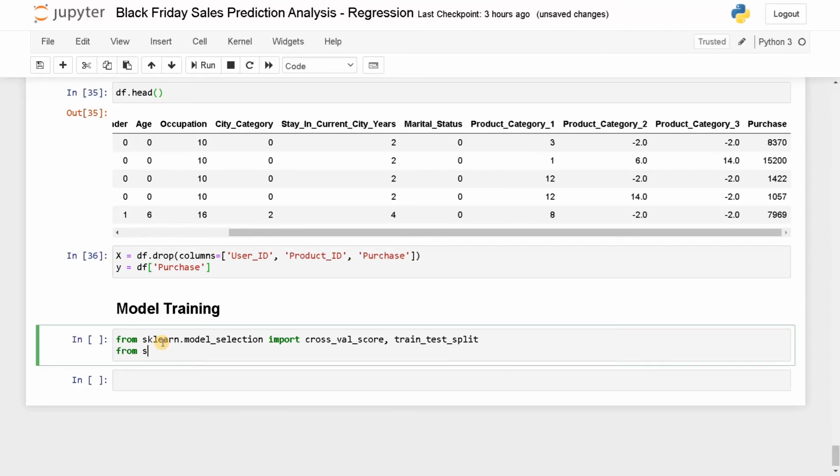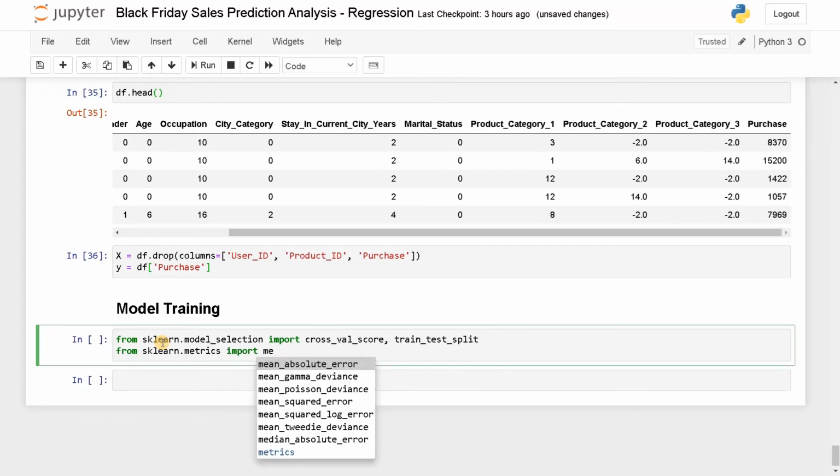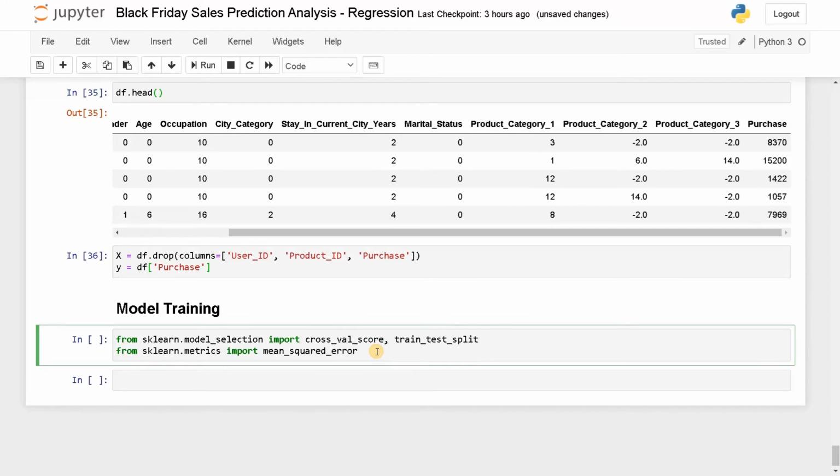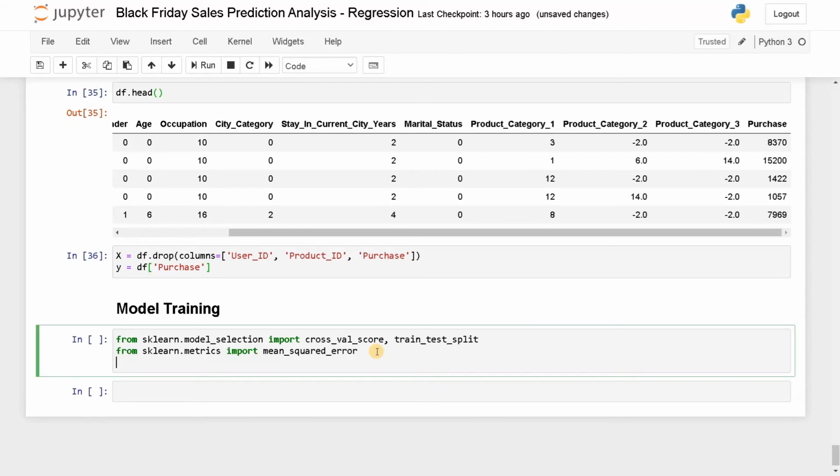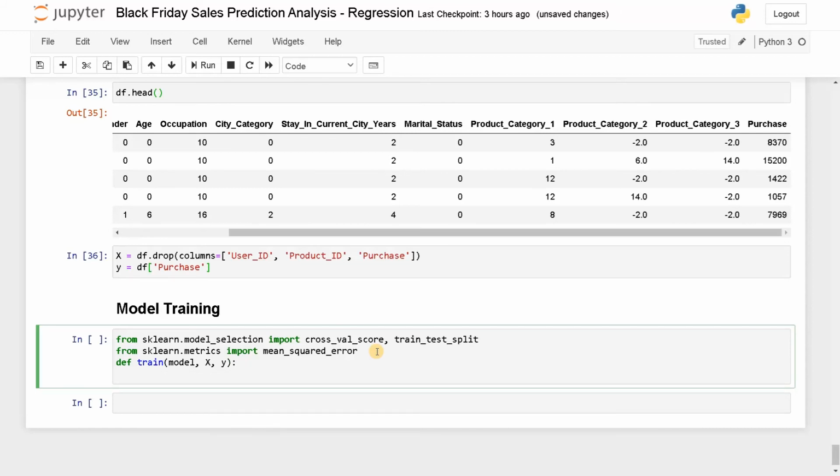So from sklearn.metrics import mean_squared_error. We have various errors, mean absolute error, mean squared log error. I will use mean squared error. So this is a standard metric most regression problems use. So I'll use that. And def train_model, input, and the output. So let's do the splitting here.